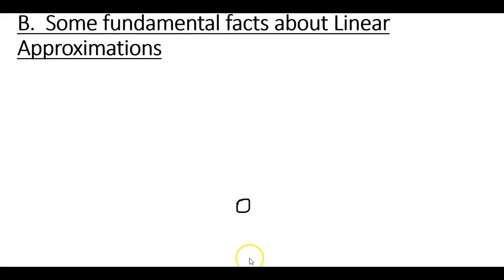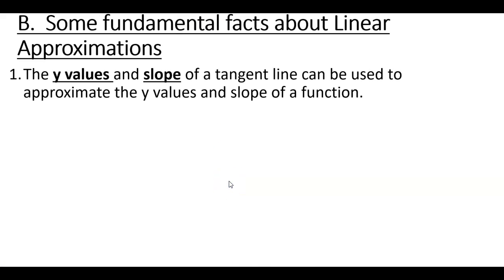So let's look at some fundamental facts about linear approximations. So first of all, the y values and the slope of a tangent line can be used to approximate the y values and the slope of a function. Okay, so here's my function, and I put a point of tangency right there, and I draw a tangent line at that point, then this tangent line can estimate for me what my y values are and what the slopes are